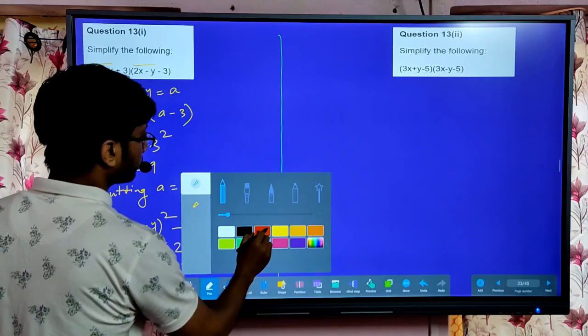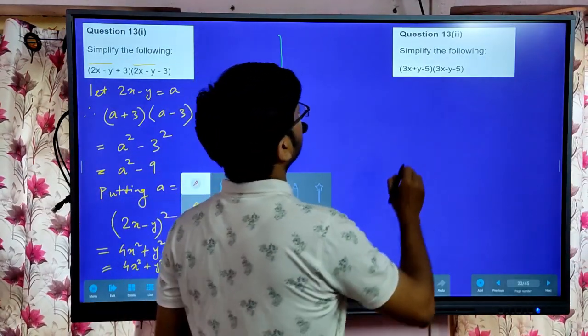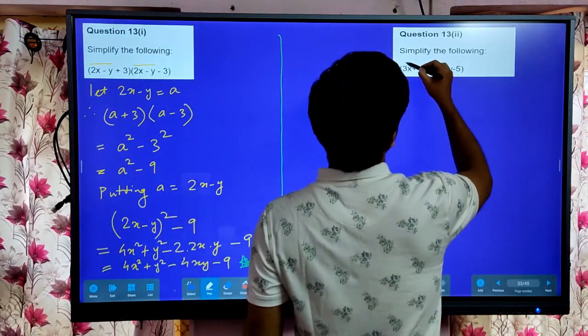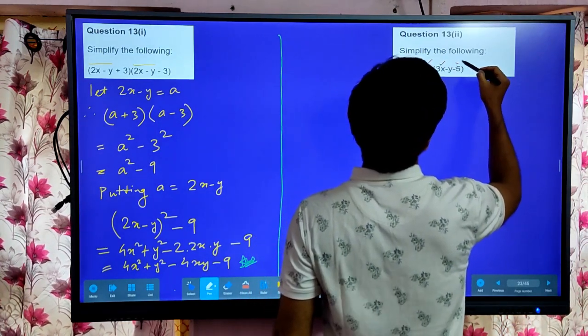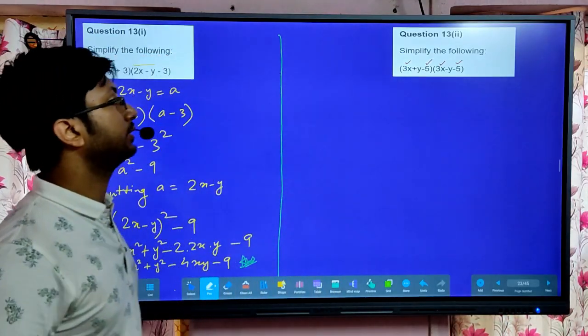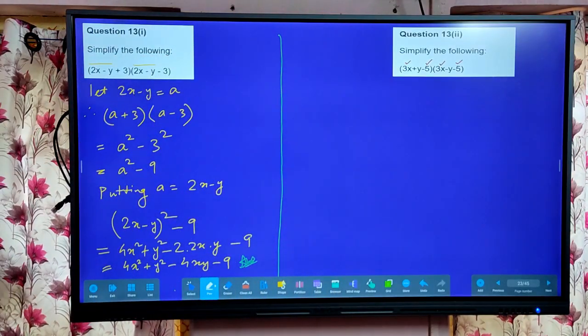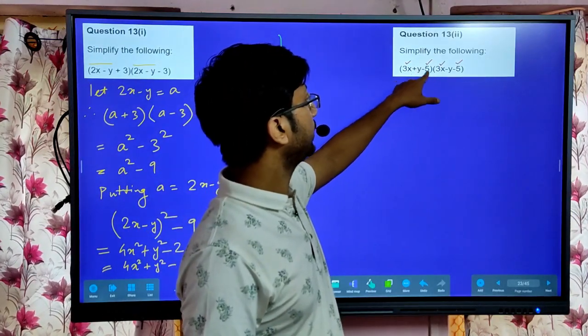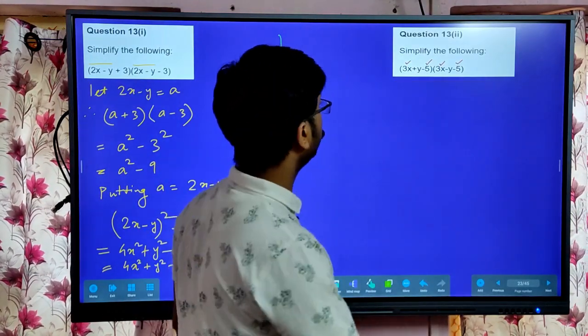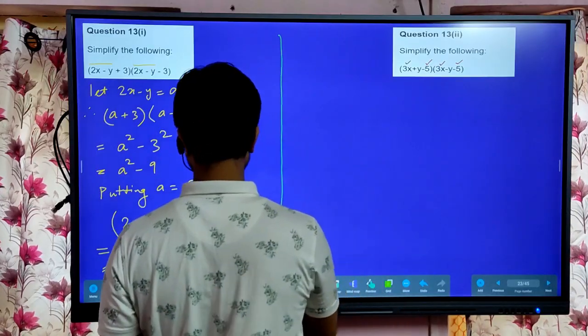You see, 3x minus 5 is same in both the terms. 3x minus 5, there also 3x minus 5, and y, you see, it is plus over here and minus over here. So we can say like this,